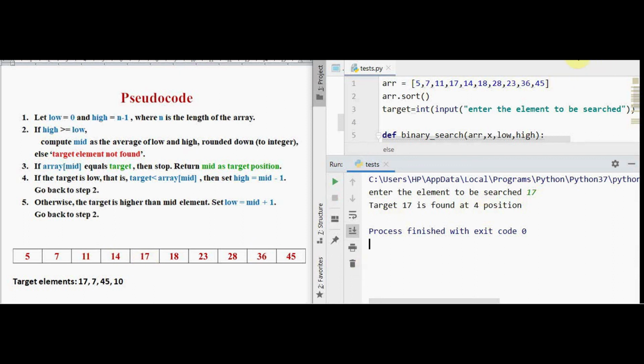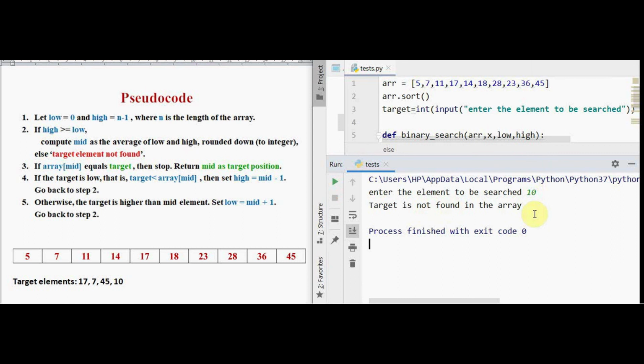When I am running it again, you can check for target 7. 7 is found at position 1. Third element is 45. It is found at position 9. And the last element is 10. It is not found in the array.